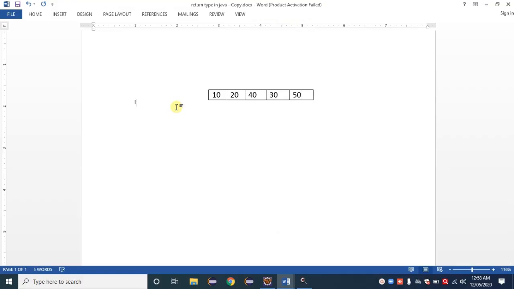We know that index always starts from 0.